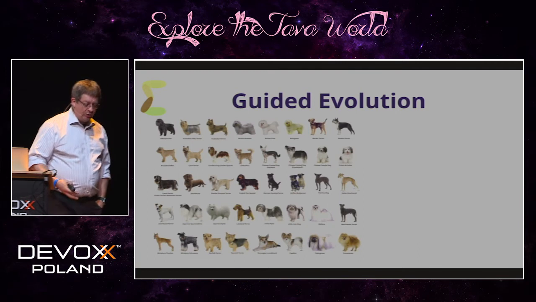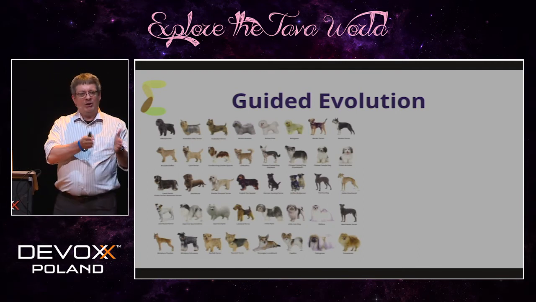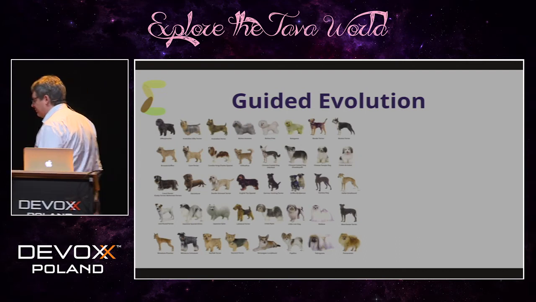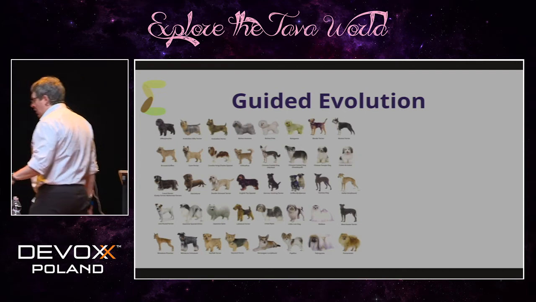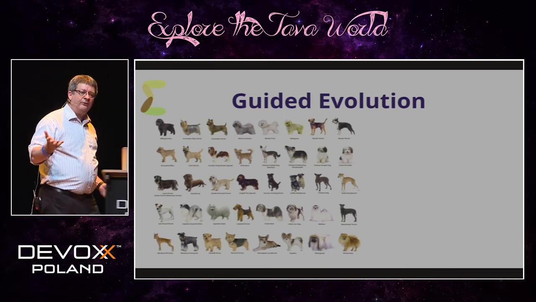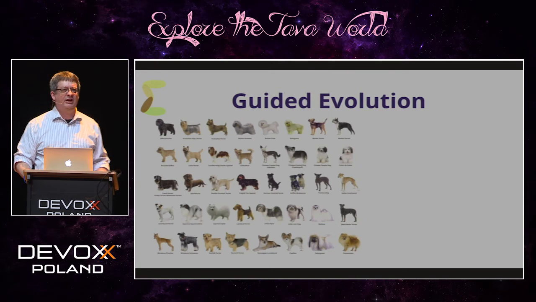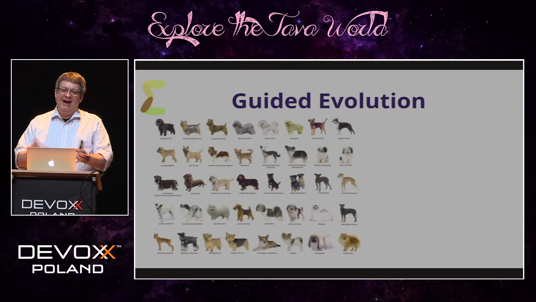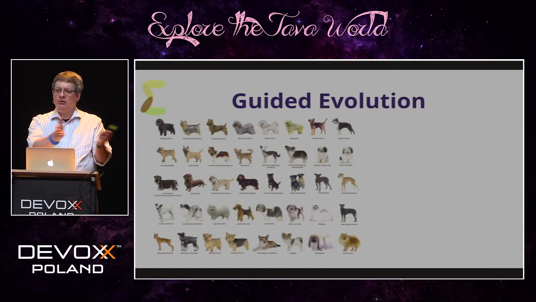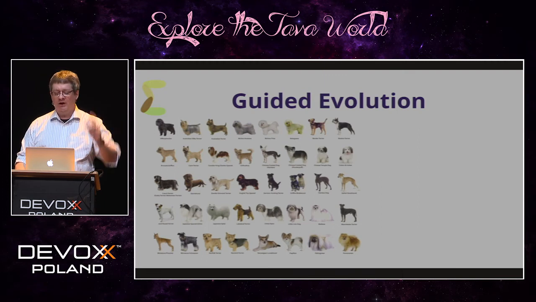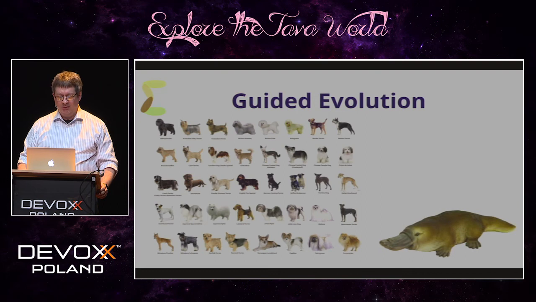Notice what we're trying to do here with fitness functions is guide our evolution. I suspect that you could create an evolutionary architecture that models real biology, an architecture that just randomly changes one of its bits and then redeploys itself, and in a few million years you might have a really interesting architecture. We don't have a few million years to wait, and so we're guiding evolution just like we guided the way dogs look now. We've done that to dogs over the last few thousand years. So we're trying to create breeds of dogs here, not trying to create platypuses.